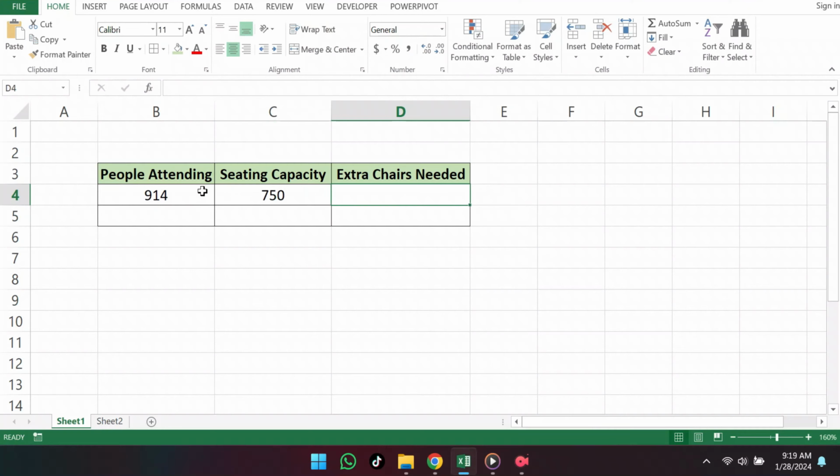When it comes down to it, all we have here is a simple subtraction problem, one that you might even be able to solve in your head. Just take the number of people coming, subtract the number of seats at the venue, and that will give us our answer. Now watch. We're going to move the equal sign to the beginning,